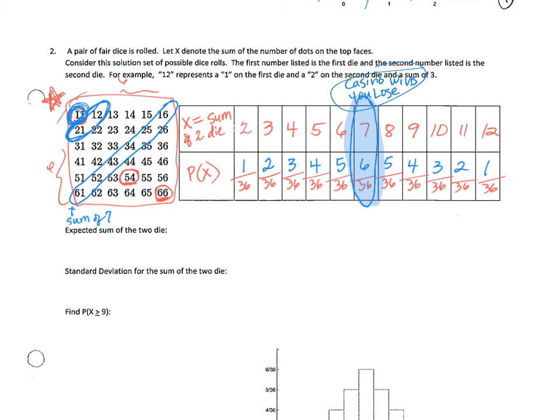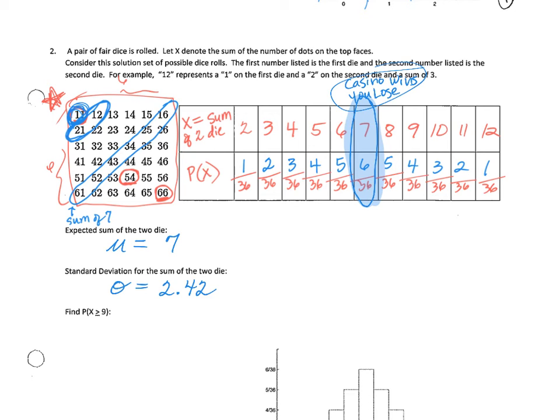So anyway, that's interesting. Now I want you to go into your calculator. This is too many things for you to write out the formula for, so let's go ahead and have you use your calculator to determine what the mean and standard deviation are. I'll give you a few moments to do that. Okay, like I said, if you put it in correctly, you get a mean of 7 and a standard deviation of 2.42.